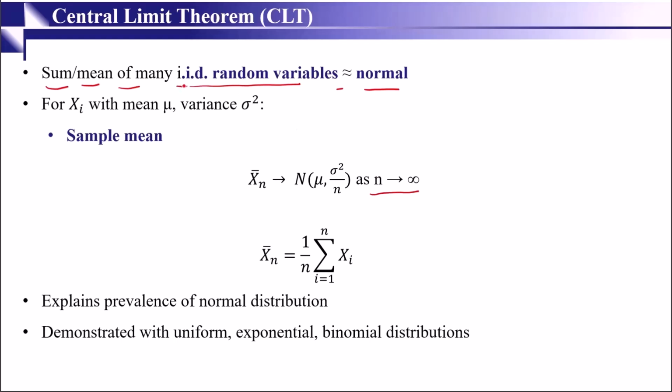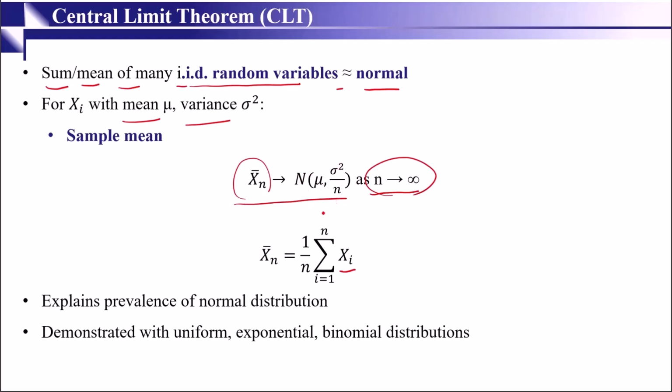What is the meaning of IID? Independent and identically distributed random variables are a sequence of random variables that have the same probability distribution and are mutually statistically independent. It means each variable's outcome does not influence the other one. For a distribution with mean mu and variance sigma squared, the sample mean becomes normally distributed as n grows. This is the sample mean, and as you know, the sample mean is 1 by n sum of xi. So if we increase the number of samples, then the sample mean follows a normal distribution with mu and sigma